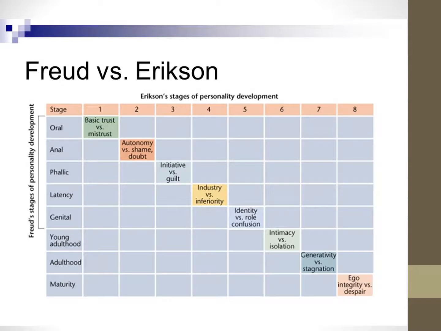There are a lot of different perspectives covered in this chapter. Let's focus now on Freud and Erikson. Freud and Erikson are psychodynamic theorists who differ somewhat. Please look carefully at the chart on page 14 in your textbook. It maps out the stages proposed by both, and it compares and contrasts them.